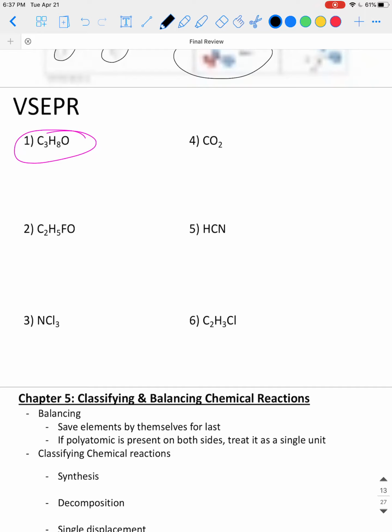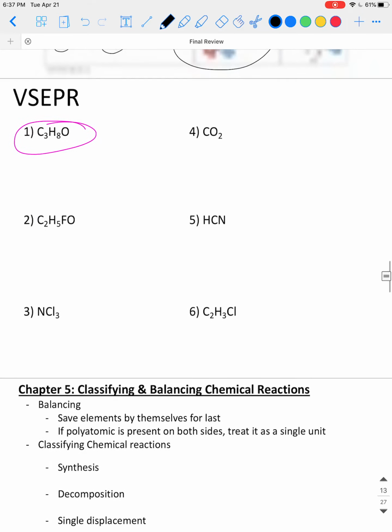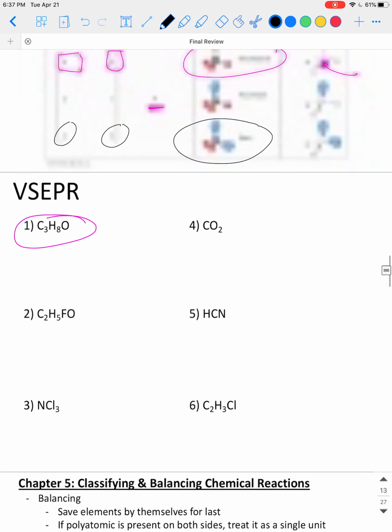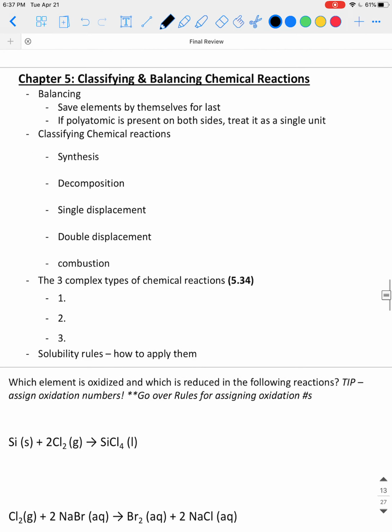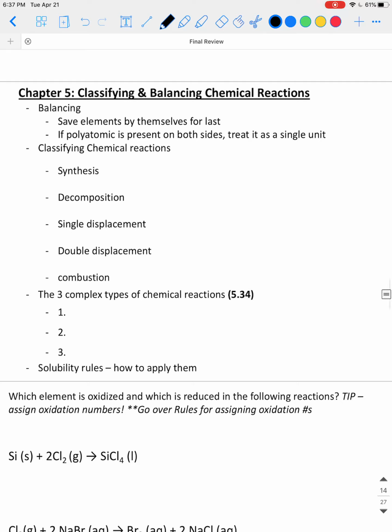There's several to practice here. These are just the ones I pulled from our lecture, so we've actually already done all of these, so you can go back and find the answers in your notes on the geometries for the central atoms for these molecules. Again, this slide is literally just from our lecture slides in chapter